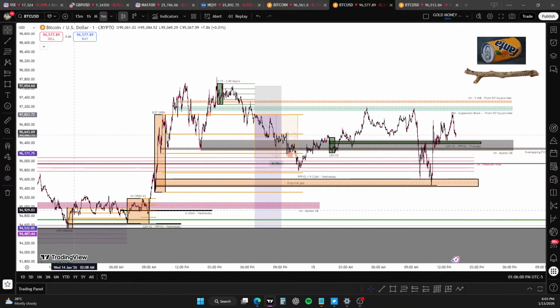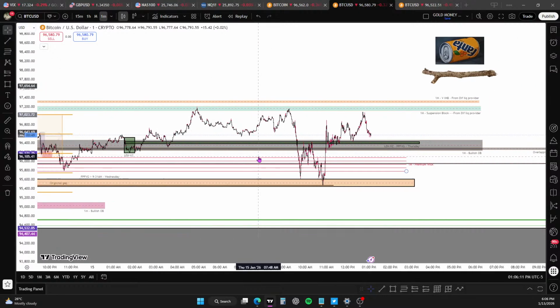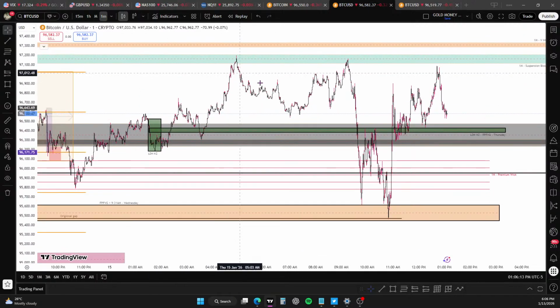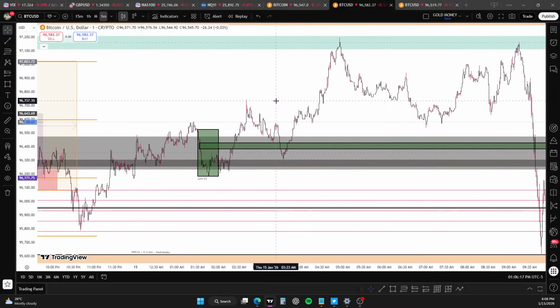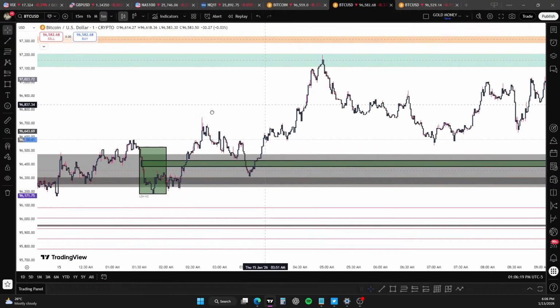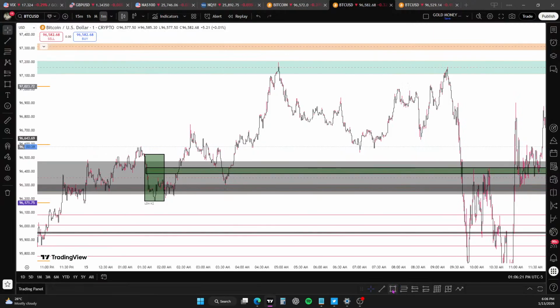We also have the London kill zone, New York open, and then the macro, and then the Asia starts somewhere. I can't remember where it is. It might be like 5 till 7. Yeah, but I can't remember. So I need to outline a box.